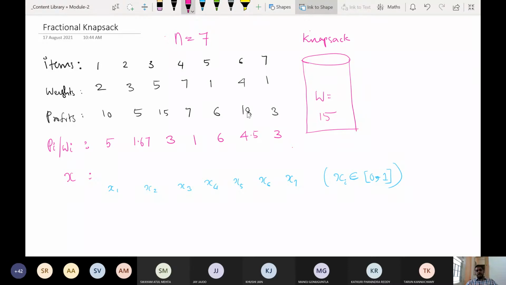So you select the maximum profit item, and then like that. If you include item number 6, then the 4 kilograms will be filled. Then you select item number 3 because it has the next maximum profit. So it will weigh 5 kilograms. So already we have 4, now 5, so 9 kilograms. Like that, that is one idea.